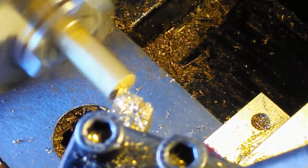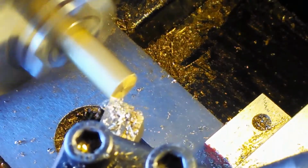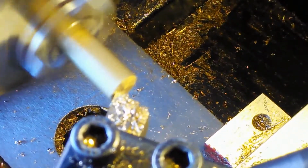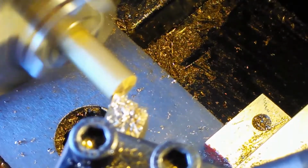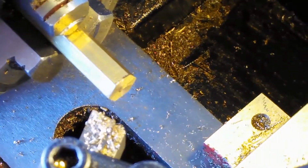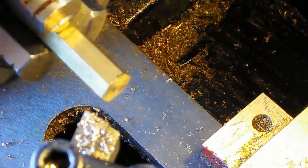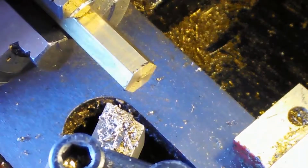Now the other thing about cutting here is depending on the cut, I'll either use lubricant or not. You can hear it kind of squealing a little bit, but that's not because it needs lubricant. Okay, so now we're cut all the way across. If I'm doing a high-speed cut, I'll usually use lubricant. WD-40 works out pretty good, but there's actually cutting